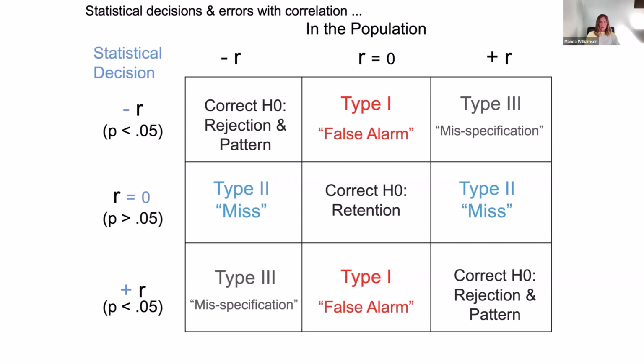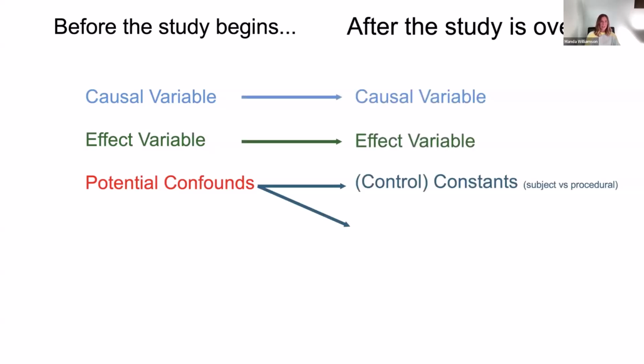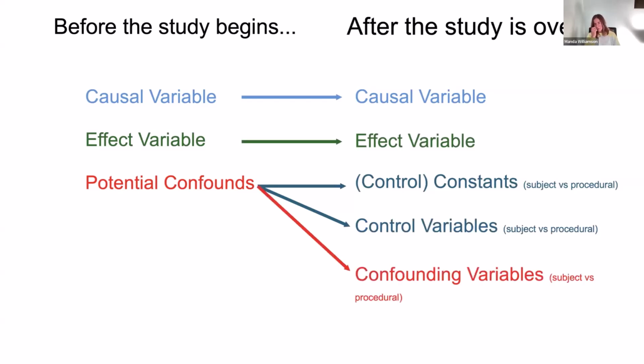Another example that we have is also the different kinds of variables that we have in a study. At the beginning of the study, we have causes and effects and possible confounds. At the end of the study, we have those plus different kinds of variables that, if we've conducted the study well, we've minimized confounding. And so this is a whole bunch of different terms that constitute individual topics that we can turn into single event mastery assignments singly at a time. And then as they get more proficient at it, we can start mixing them together.